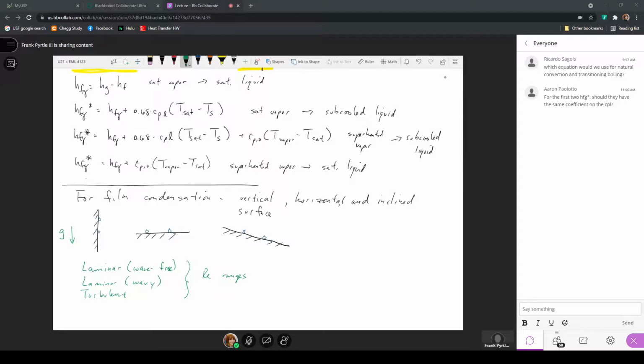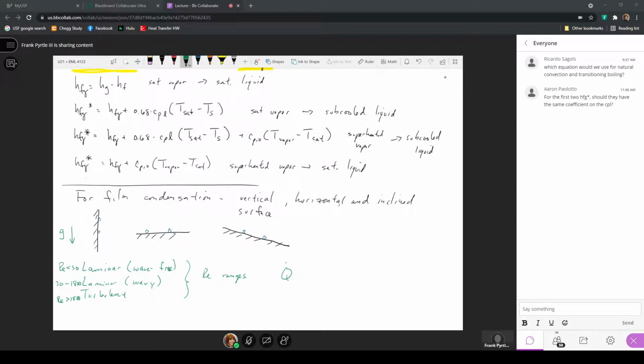And just for these ranges here, for wave-free, this is Reynolds numbers that will be less than 30. Here, this is from 30 to 1800. And for Reynolds numbers that are greater than 1800, this is all in your text, if you ever wanted to calculate heat transfer coefficients, but you'd have to choose the appropriate correlation according to the orientation and also according to the Reynolds number, and then calculate the expression of the heat transfer coefficient so that we